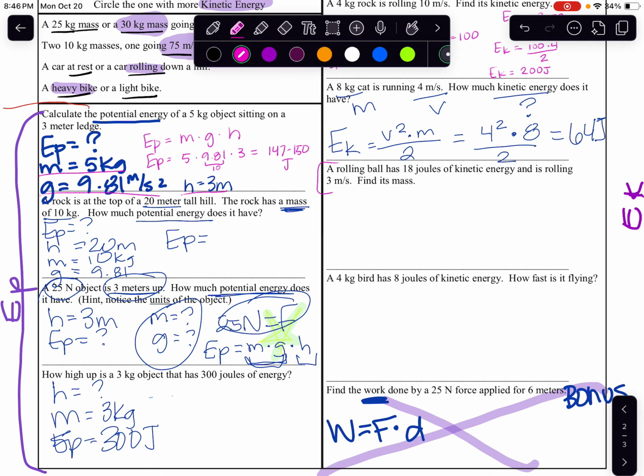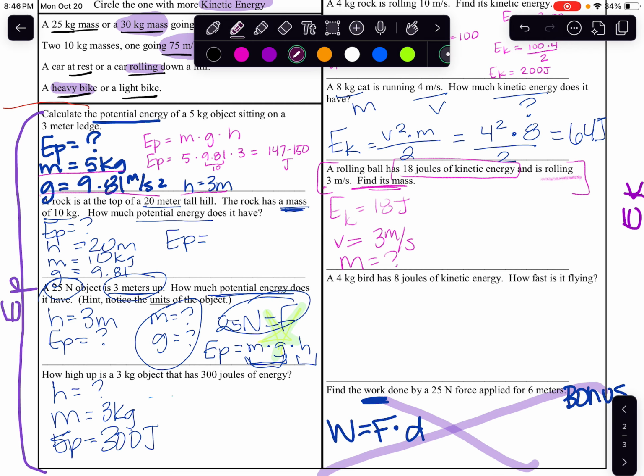So let's look at this one right here. We have a rolling ball. So first of all, a moving object. It has 18 joules of kinetic energy. So we already can say that we know kinetic energy is 18 joules. And it's rolling 3 meters per second. Hopefully, you know that pretty well by now. That 3 meters per second is velocity. And they want us to figure out mass. Find its mass. That's our unknown. So pretty easy. We know two variables and we have one unknown,